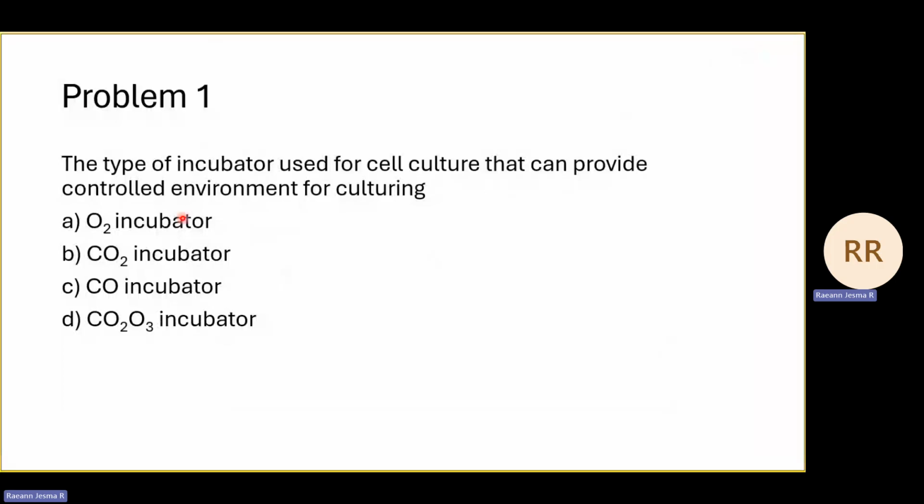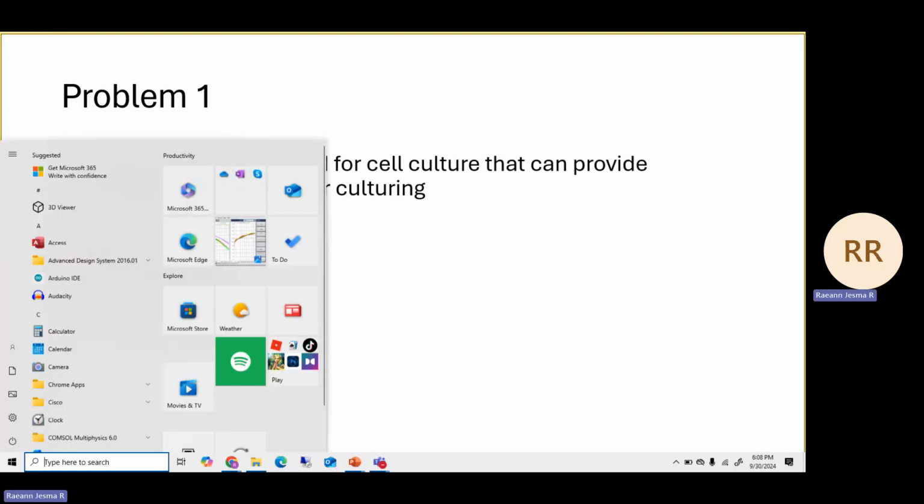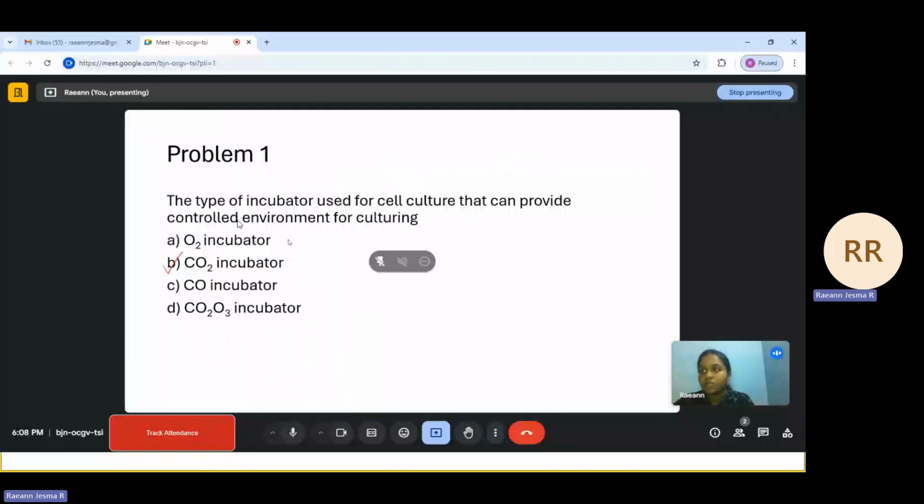So, the correct answer for this question is CO2 incubator. CO2 incubators are enclosures that are used to precisely control the environmental variables that are needed to grow any biological samples or do any type of cell culture. And if we look at what are the conditions that are required to maintain the same